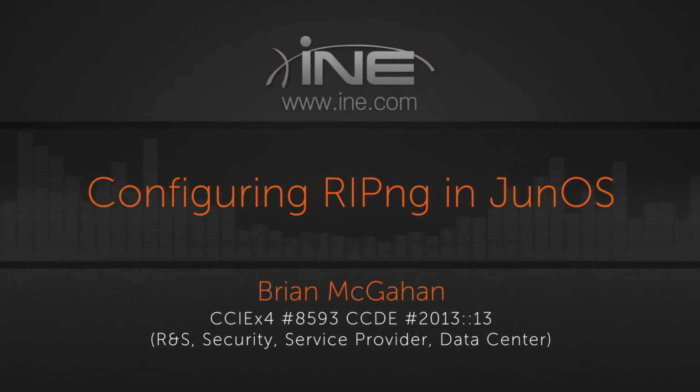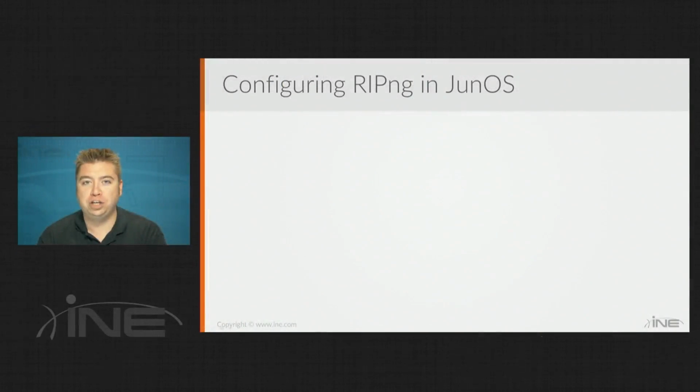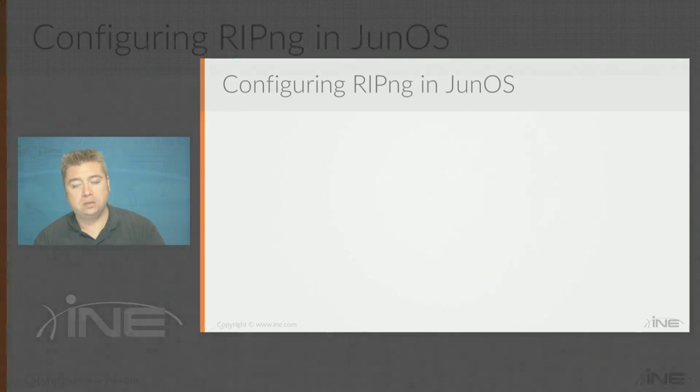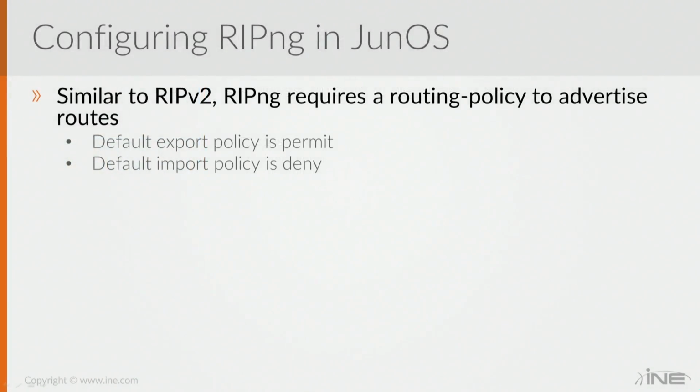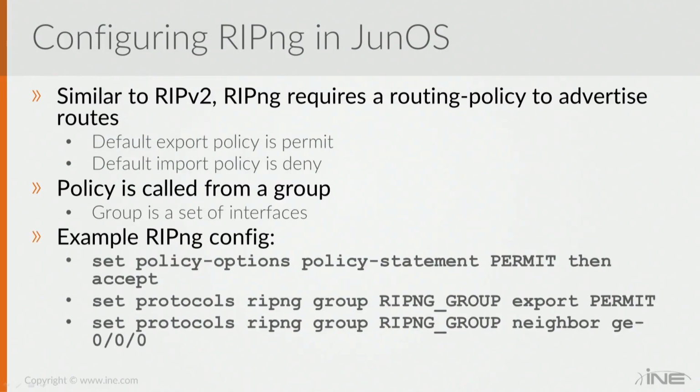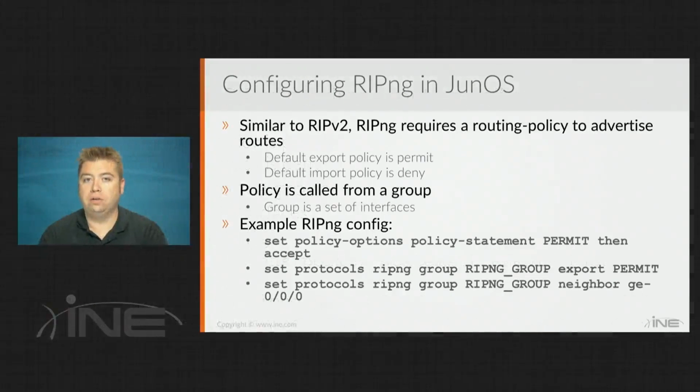In our next section, we're going to look at the configuration of RIP-NG, which is RIP for IPv6 routing in JunOS. And we'll see that it's basically almost identical to the RIP version 2 configuration. The only exception is that we're essentially going to be using the keyword RIP-NG as opposed to the regular RIP keyword. So this means that it also requires a routing policy, because again, the default